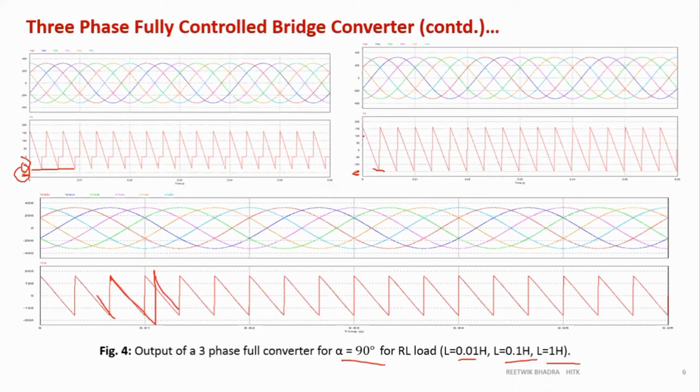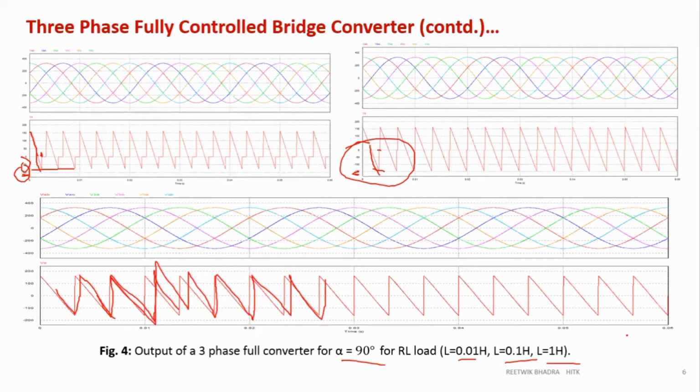So the more time the inductor takes to discharge, the more time the source voltage will be continued. That means this is my source voltage. If my inductor discharges at this point, up to this point my source voltage is continuing. If my inductor discharges at a later point, the source voltage will continue up to a longer point. If my inductor is so large that it will engulf the whole negative period, then it will complete this whole cycle. I have taken such a large value of inductor for my circuit that it engulfs the whole negative period over here. So all depends upon your value of inductance.